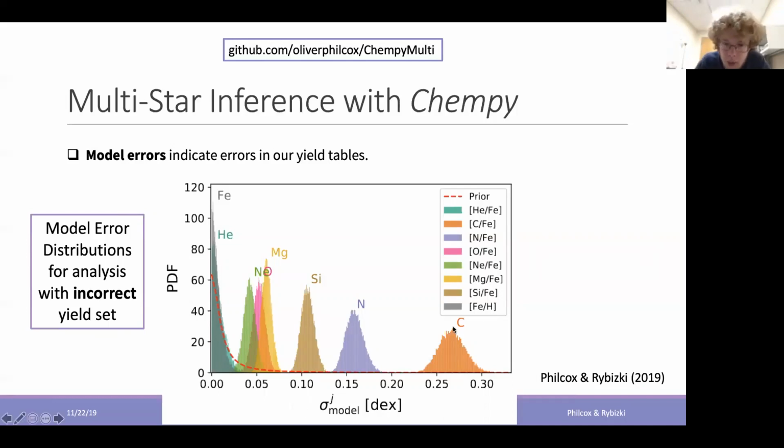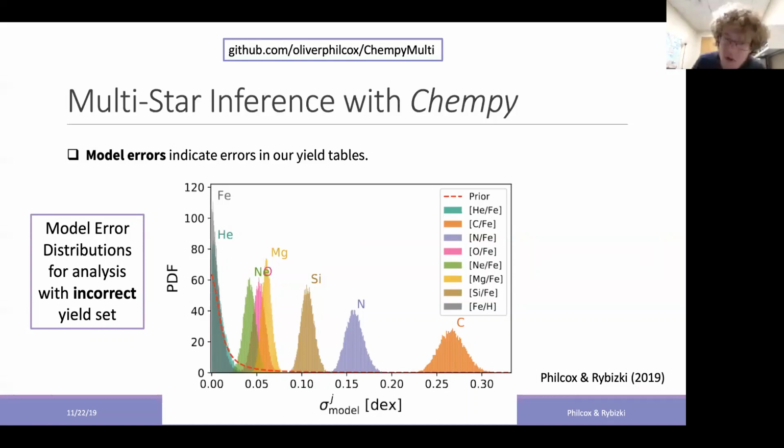For each one of these, we see a PDF of the effective model error for each element. So for example, for nitrogen, the Hamiltonian Monte Carlo sampler spat out a result to say the model error for nitrogen is around 0.15 dex. So 0.15 magnitudes of nitrogen, we just don't know it better than that. Our yield set is wrong at some level.